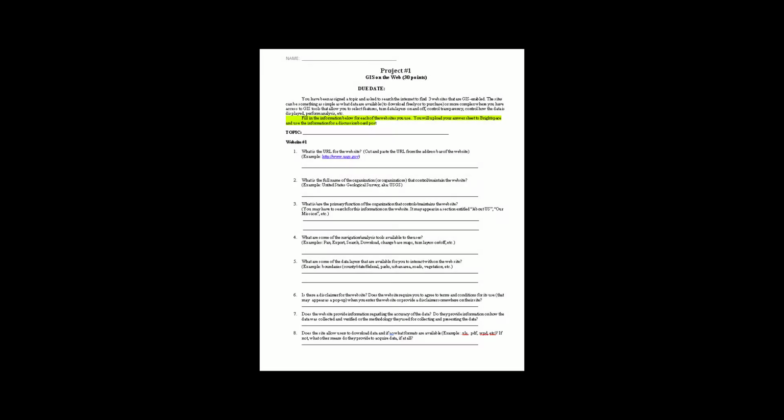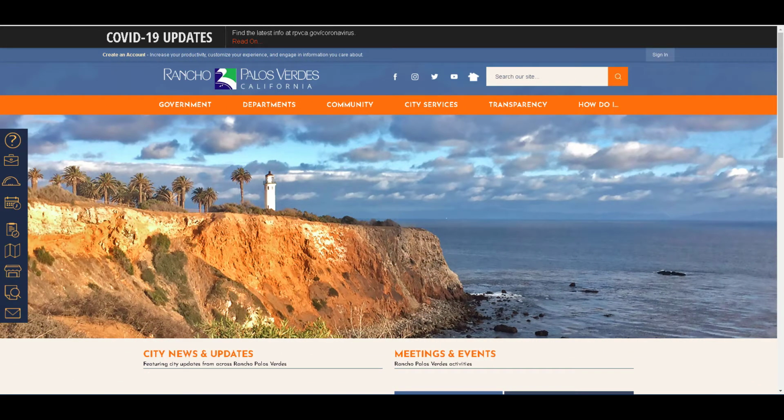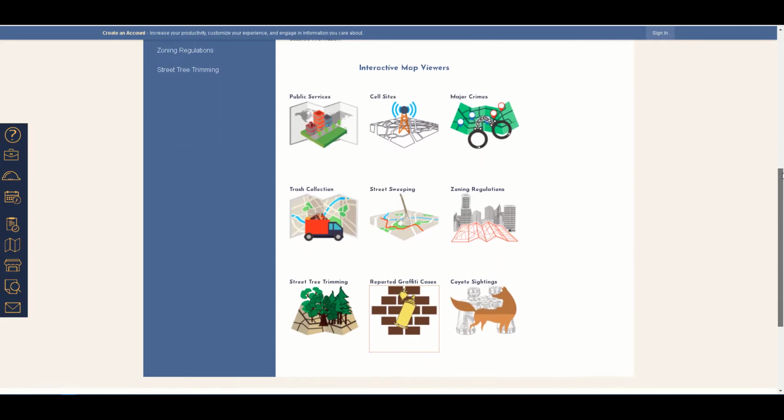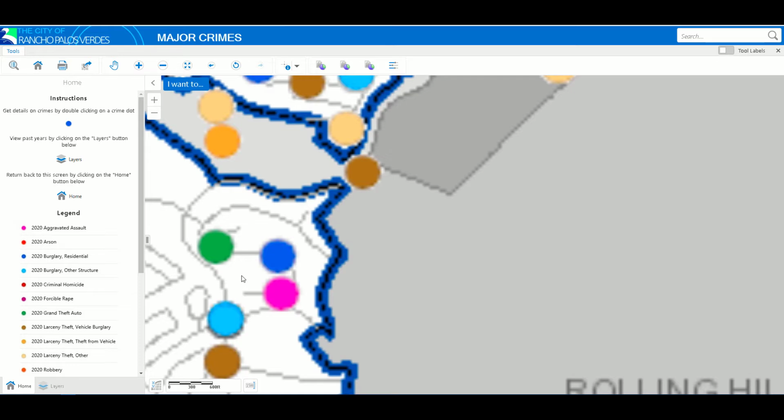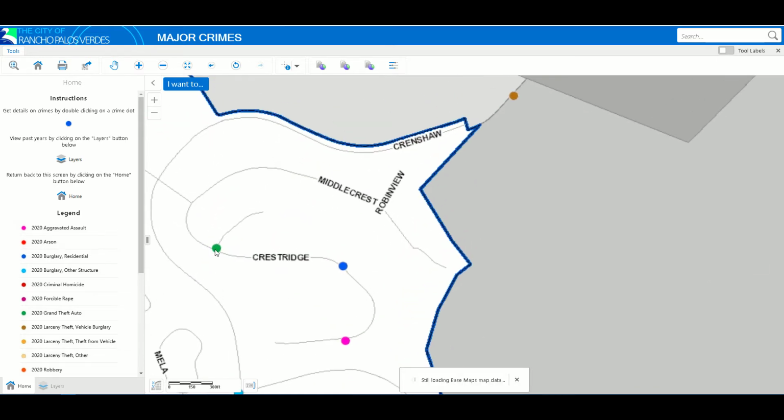For Project 1, you've been given a topic and asked to find 3 GIS-enabled websites that have a map display on it. A GIS-enabled website is one that allows interaction with the map and the data. The extent of the interaction may be something as simple as the ability to zoom in, zoom out, or pan